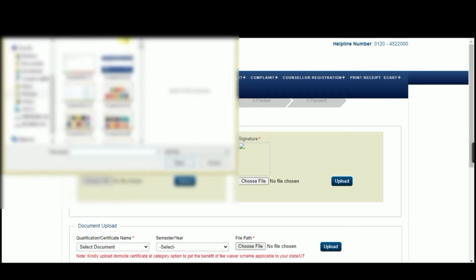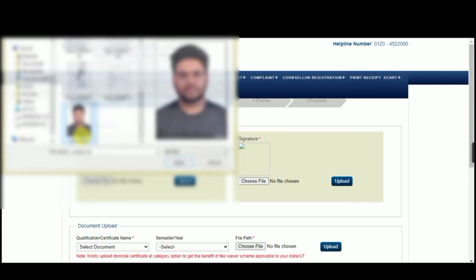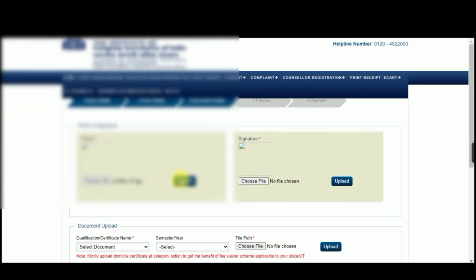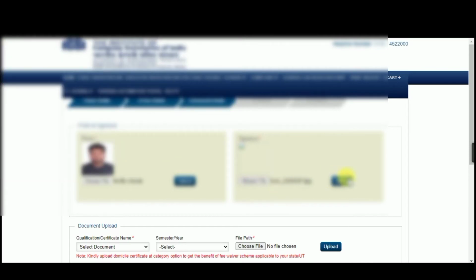Make your signature on a white blank paper and upload that. Wait until the picture appears on your desktop.